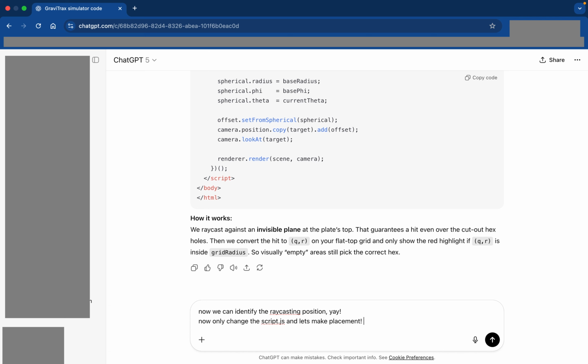Because if we have placement, that would be very good. If we have placement, we can place any GraviTrax piece on any position, and that is very good. And if there's someone judging me, I will have no idea why I'm talking in a microphone, because I don't like talking in microphones. So anyways,